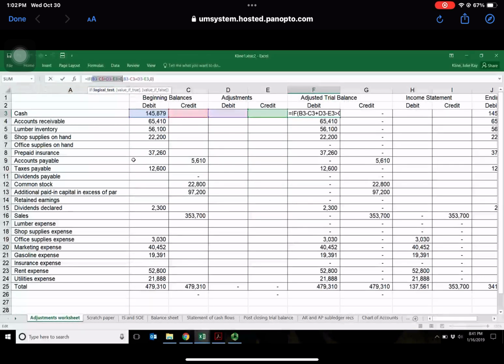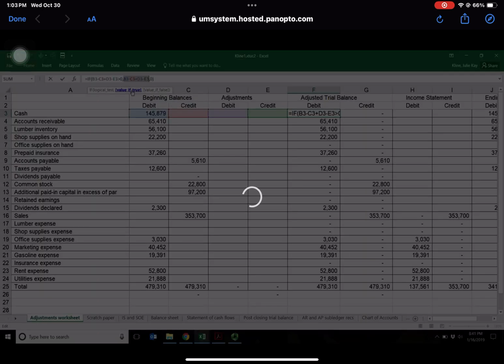So this is a logic test. It's saying if this, then that. So if B3 minus C3 plus D3 minus E3 returns a positive number, that is, greater than 0, that means it's going to end debit, right? If there's more debits, if it returns positive, then it's going to be a debit balance. And in my debit balance, if that's true, I want you to put that formula there. If that's false, so if it returns a negative balance, which is actually a credit value,